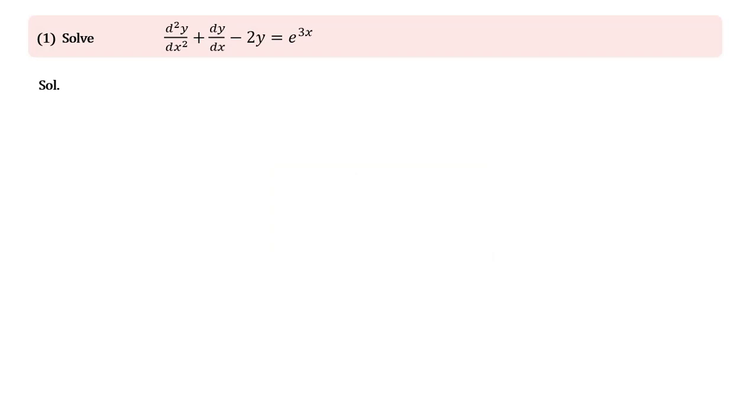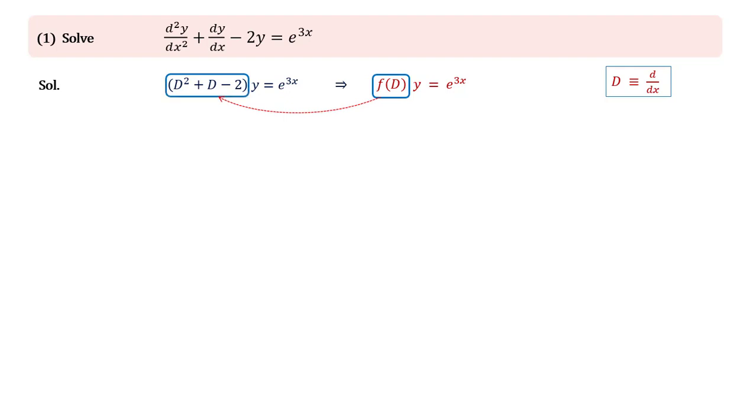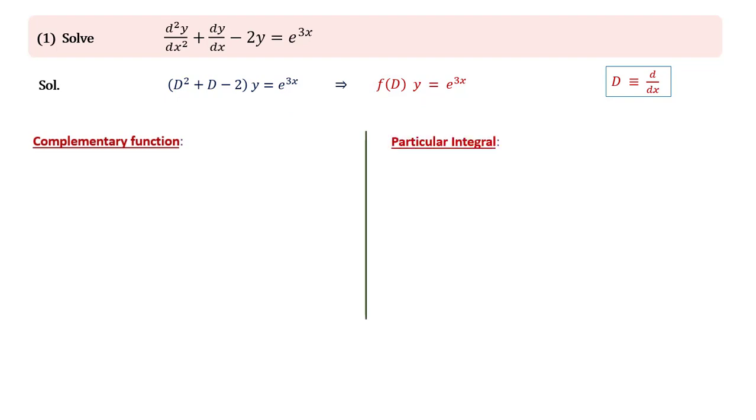First question, the given differential equation can be written as, where D stands for d over dx and f(D) is D square plus D minus 2. Now first we will find the complementary function and then the particular integral. So for the complementary function, the auxiliary equation is m square plus m minus 2 is equal to 0, which has two real roots and the roots are distinct. So the complementary function is,